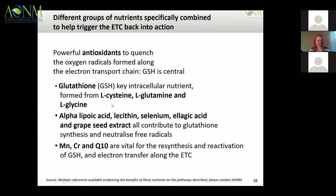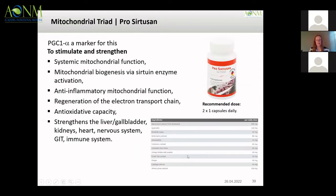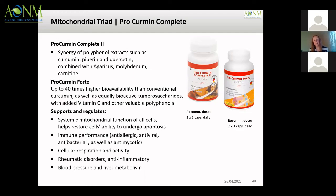These are the precursors to it, and other supporters of glutathione synthesis, and others that help to resynthesize and reactivate it. So the mitochondrial triad is just a term used for those three: the ProDLVit 44, the Cytosane, and then the curcumin product, because they're also helpful for different aspects of the mitochondria. This one is a synergistic combination to activate sirtuins, hence the name. And this last one I'm mentioning today is Procurmin Complete or Procurmin Forte,